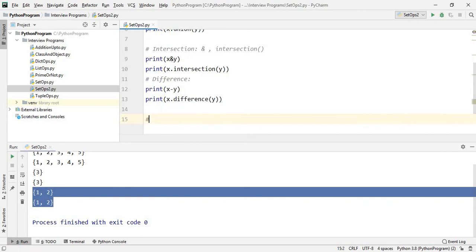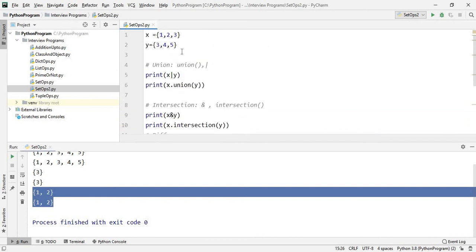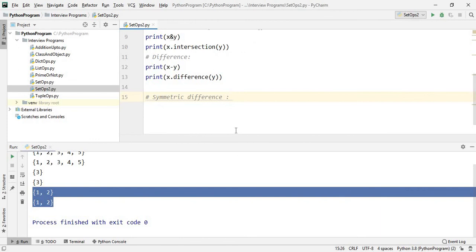The last operation is symmetric difference. Symmetric difference will provide all the elements except the common ones in both, so it will exclude the common element only. The common element here is 3.